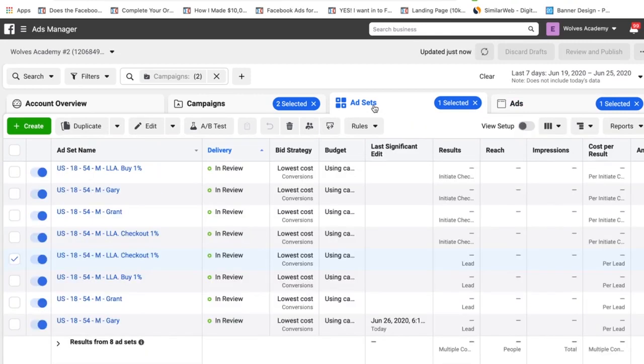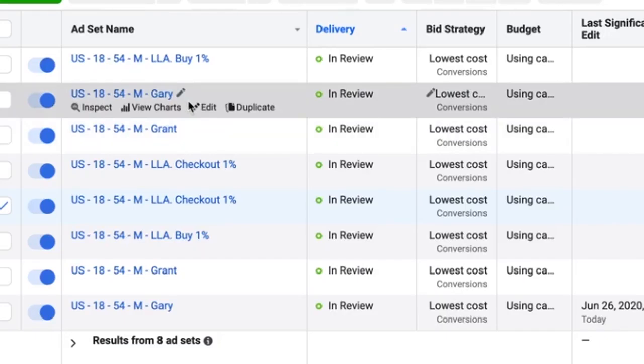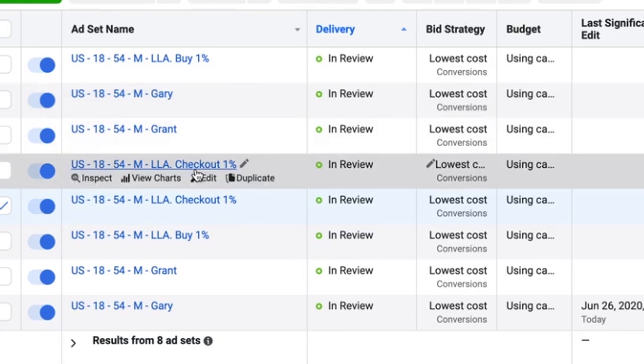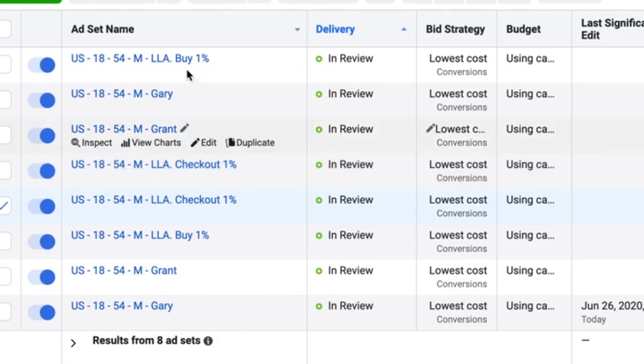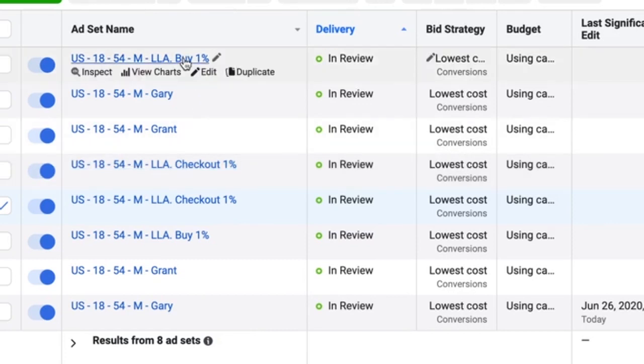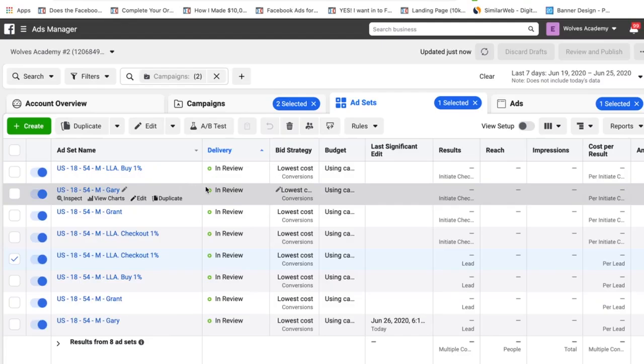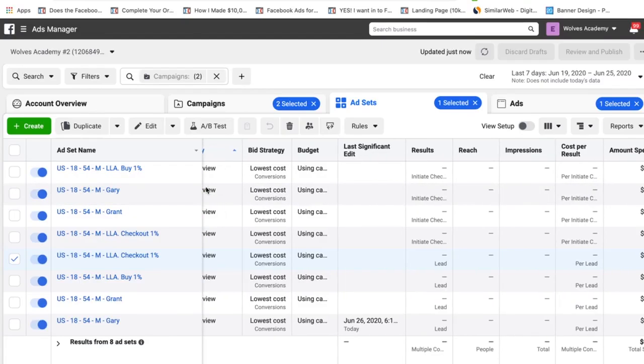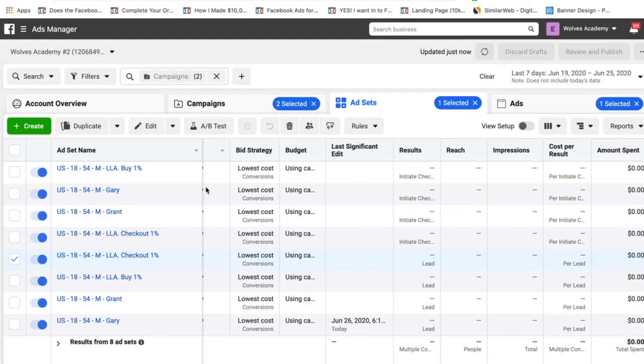The actual ad sets, it's going to show 8 ad sets, and the reason it shows 8 is because it's for both campaigns. So I have 2 Gary V's, 2 Grant Cardones, people who actually initiated checkout. I created the lookalike audience of the people who initiated checkout, and a lookalike audience of my actual purchases. So 8 different audiences, 2 different campaigns, and if you do the math, 8 ad sets times 4,